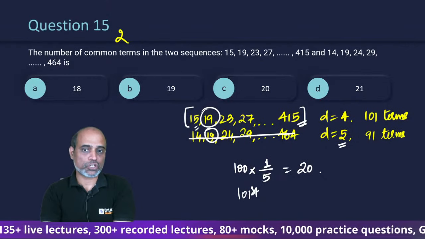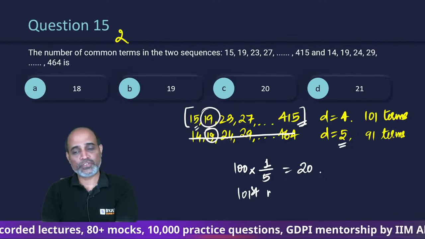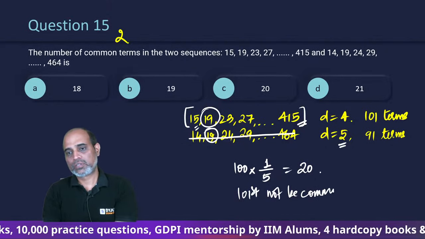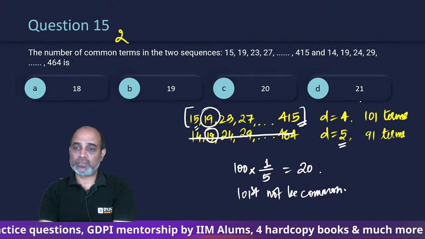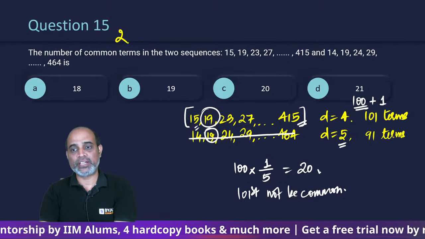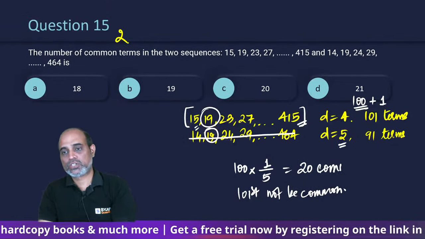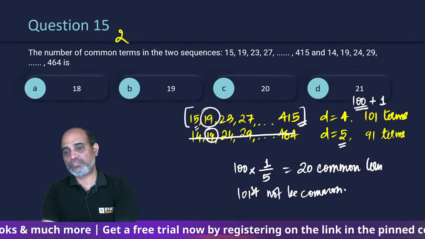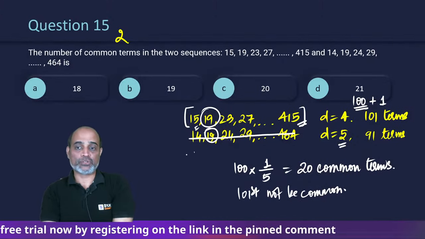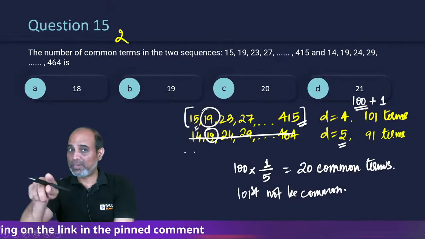The second term is common, right? 19 is common. The first one is not common. So the 101st term will not be common. If I break down 101 terms as 100 terms plus 1 term, then in these 100, 20 terms will be common, right? And that one term, the 101st, won't be common because it becomes equal to the first term. Yes, had it been 102 terms, the second term is going to be the term which is common